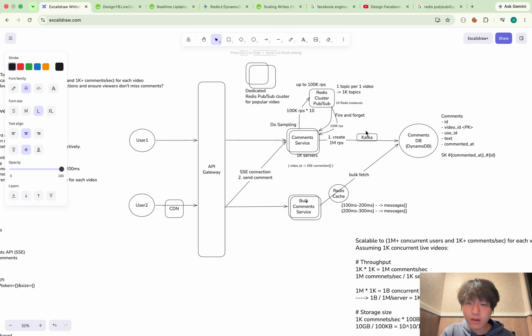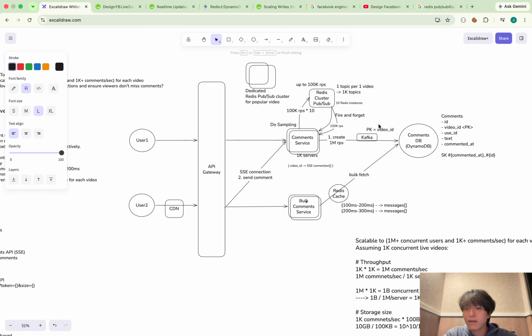We don't have to guarantee the order inside of the partition in this case. Strictly speaking we should, okay, sorry. So the partition key is video ID.